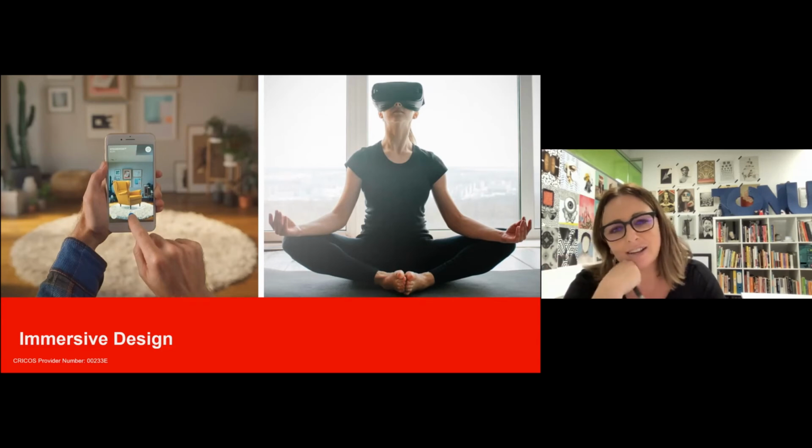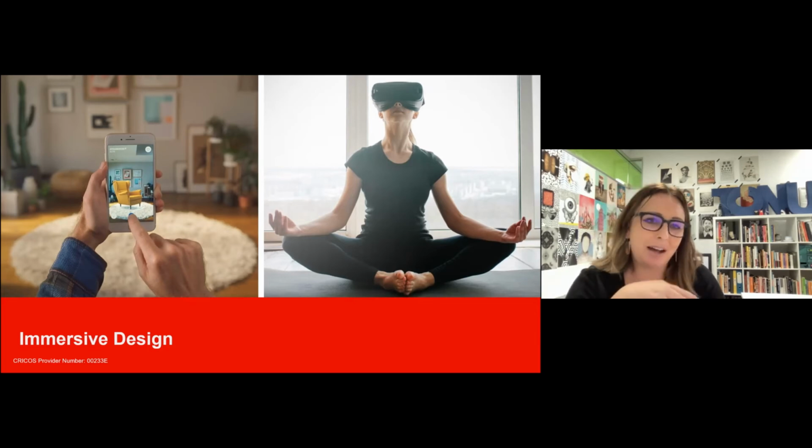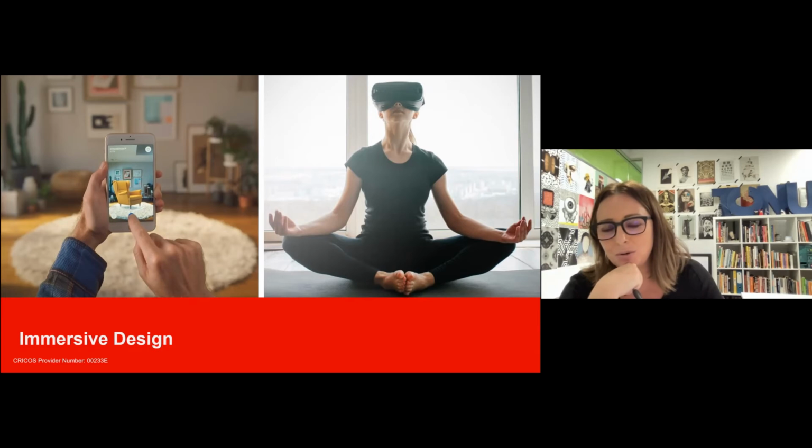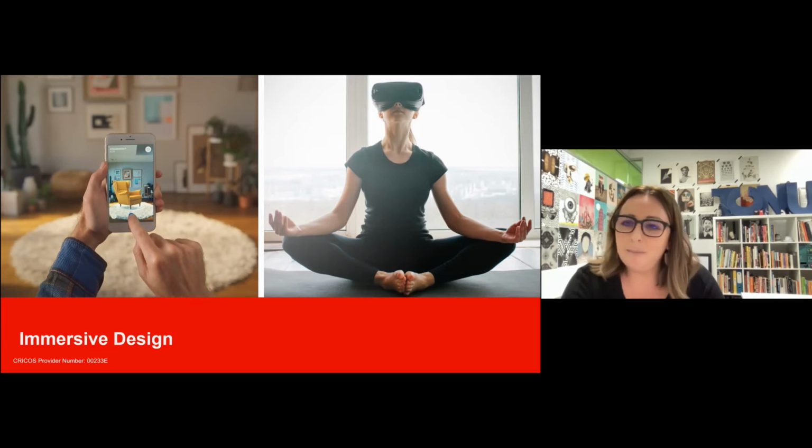And I think these images are very opposite. The one with the chair is about selling things, getting information really quickly, connecting with stores and buying stuff. But the other image of the person meditating is immersive design in the opposite way. It's about escaping the environment that you're in and going somewhere. She could be sitting on a beach right now. She could be sitting on the moon. She could be sitting in a beautiful field.